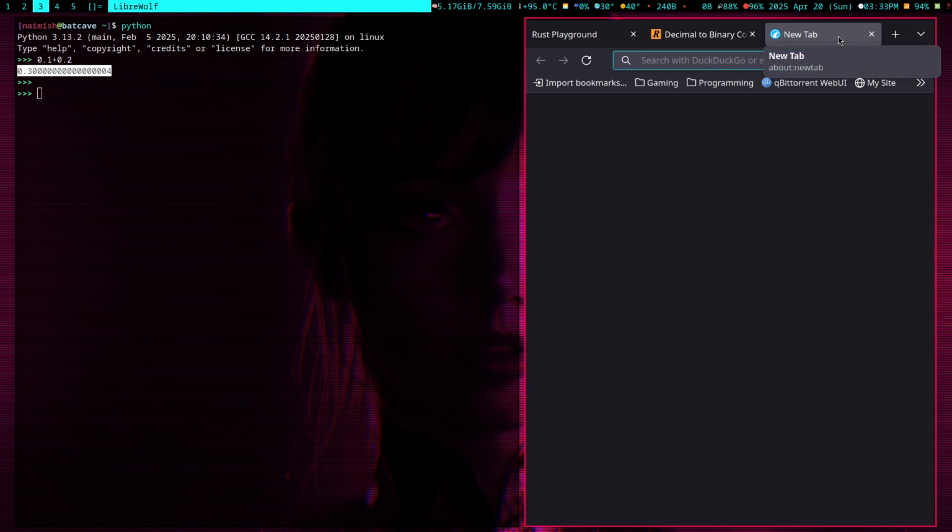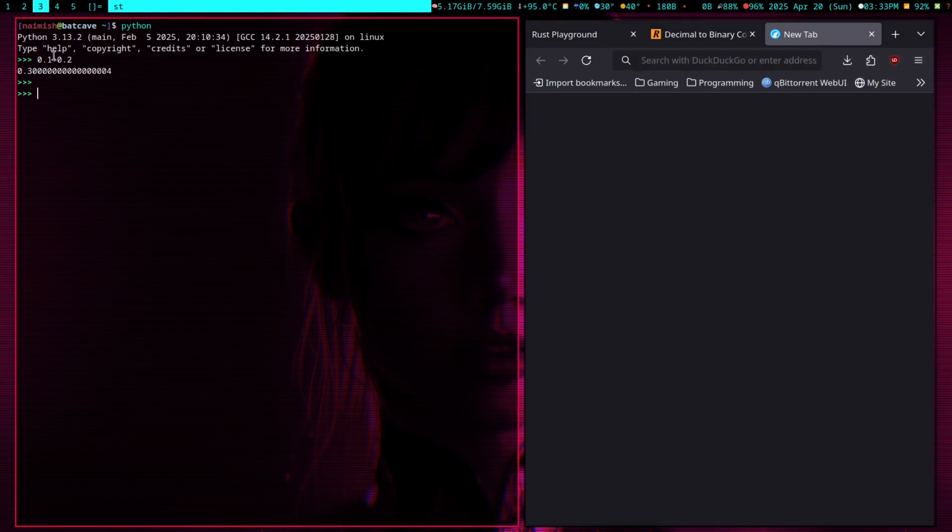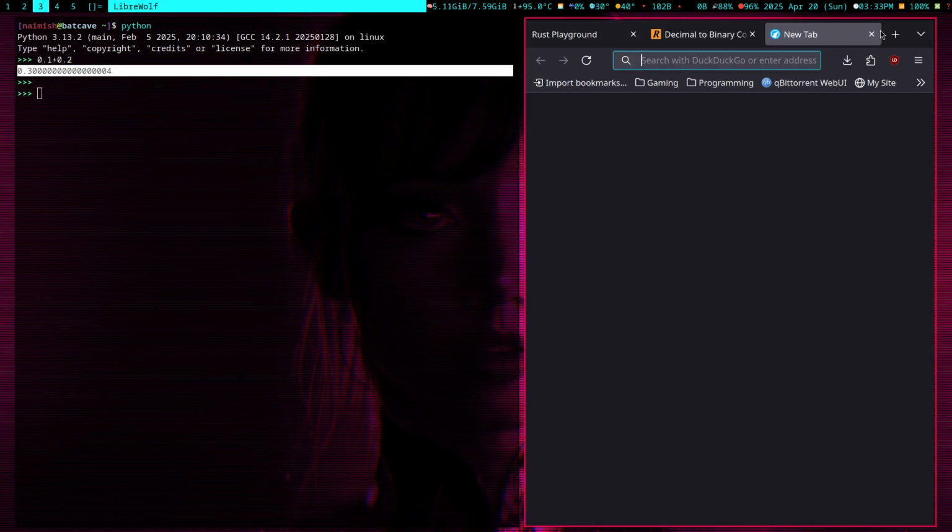I may have butchered the standard. I do not correctly remember what the standard is called, but if the language follows that standard, these numbers get converted into their binary counterparts, and the value gets truncated. And when you add up these values, you get this result. But